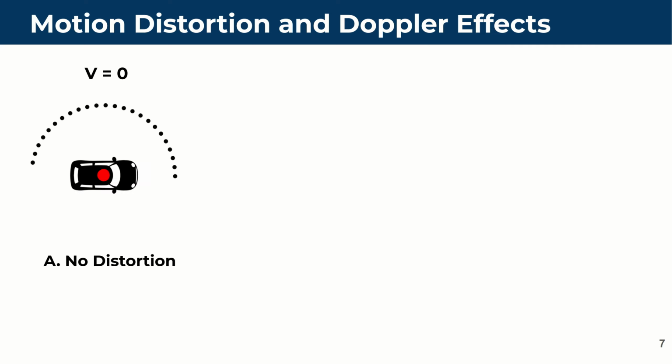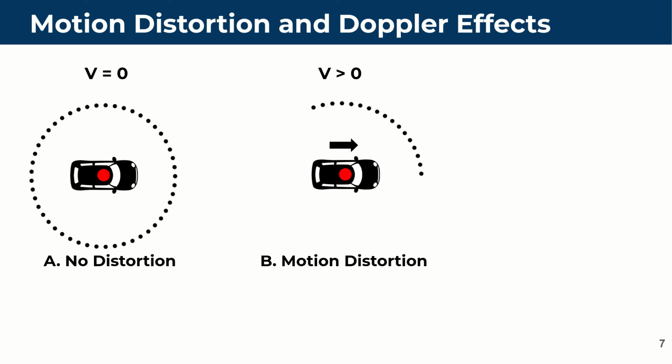So far, existing works have made significant progress in applying radar to odometry and place recognition. However, these works have so far ignored the impact of motion distortion and Doppler effects on radar-based navigation. The radar sensor rotates in order to provide 360-degree coverage around the vehicle. Figure A shows what this looks like when the vehicle is stationary. So what happens is that when the vehicle is moving, the range measurements become distorted in a spiral fashion, as